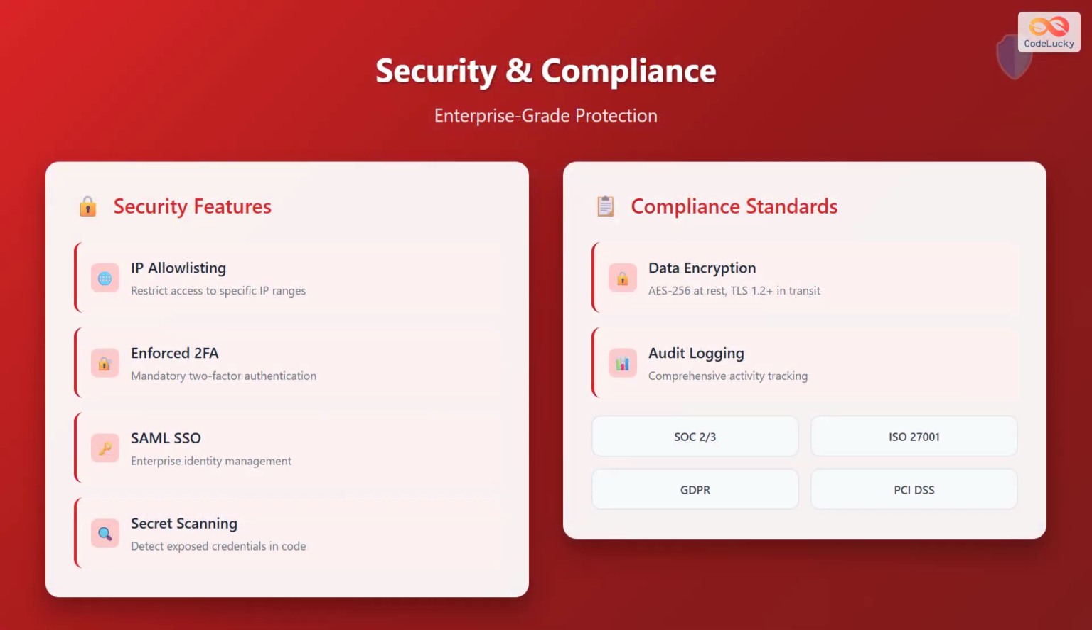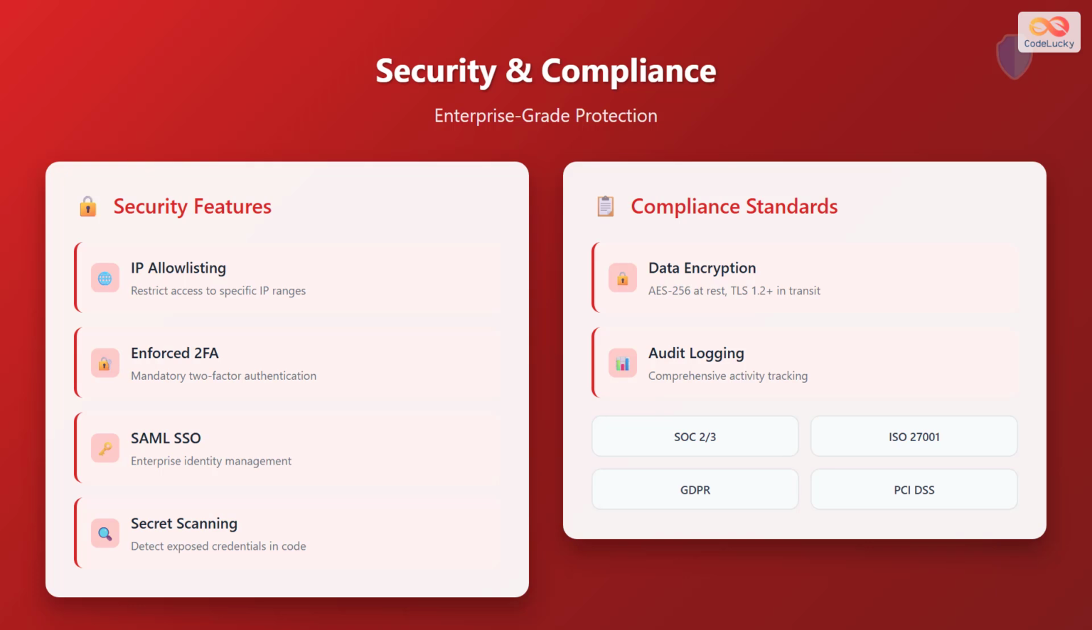Security and compliance features in Bitbucket are essential topics for enterprise-focused interviews. IP allow listing provides network-level security by restricting repository access to specific IP address ranges, ensuring that only authorized networks can access your code. Enforced two-factor authentication adds an extra security layer by requiring all team members to use multi-factor